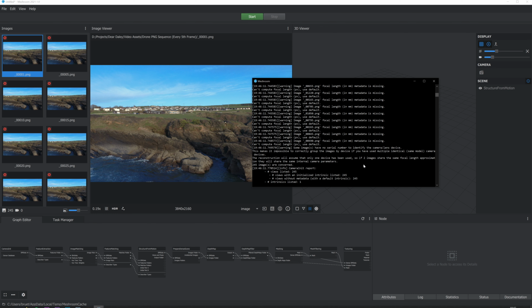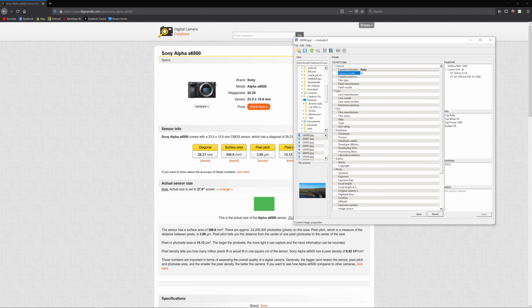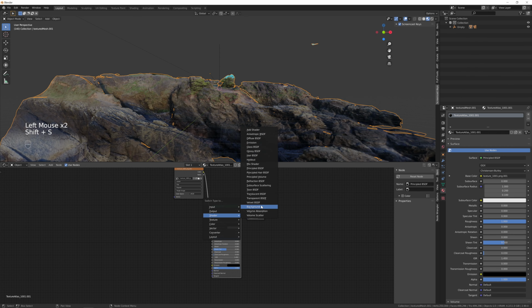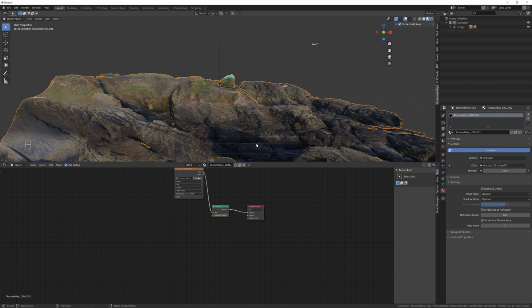Now if you've done everything correctly but you're still having problems, then remember these few things. Number 1, if Meshroom is failing, check the command prompt and see what error message you are getting. If it's something quite obvious, then you can go back and try to fix it. Number 2, if you're not getting a very good camera solve, then try injecting the metadata into your images. Number 3, make sure you set your shader type to emission if you plan on compositing it back into your footage.